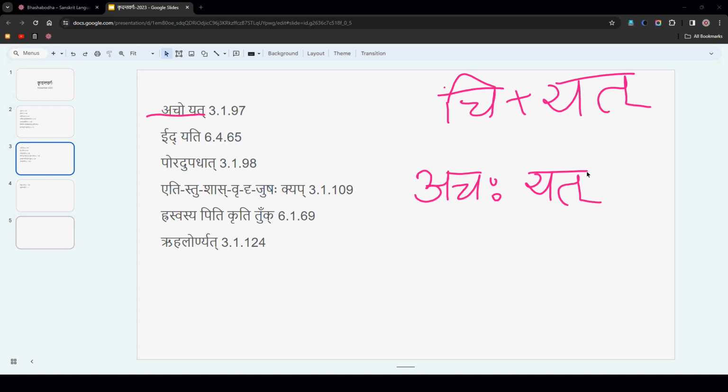Achaha, ach anantaram. If there is an ajanta dhatu, what is an ajanta dhatu? Ajanta dhatu means a dhatu ending in a vowel, a dhatu ending in ach. Ach means the collection of swaras, any one swara. So any dhatu ending in ach,